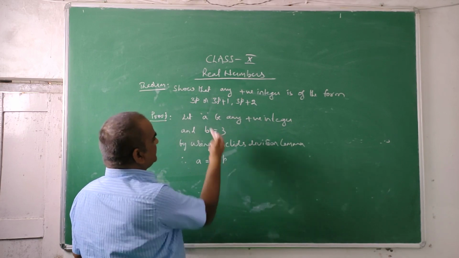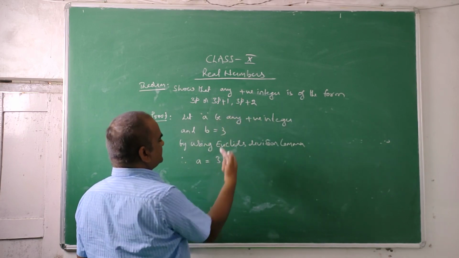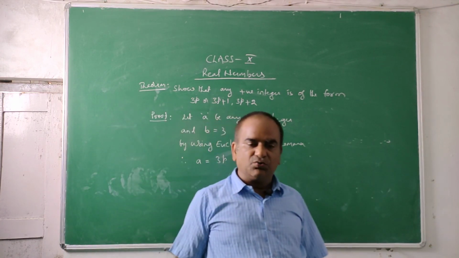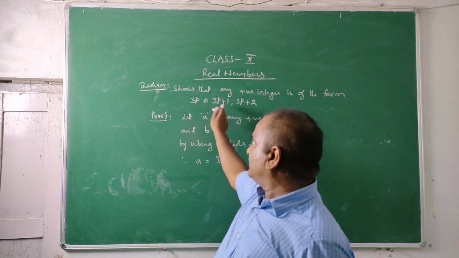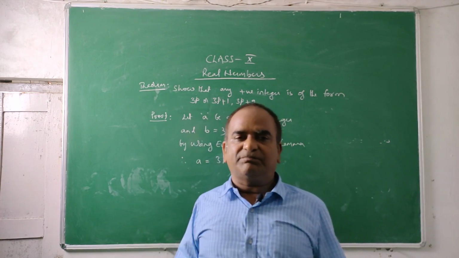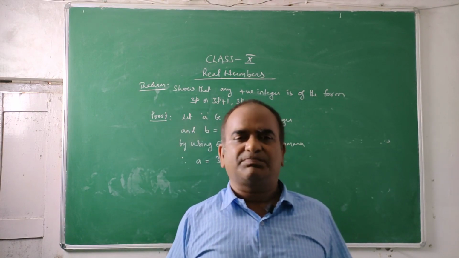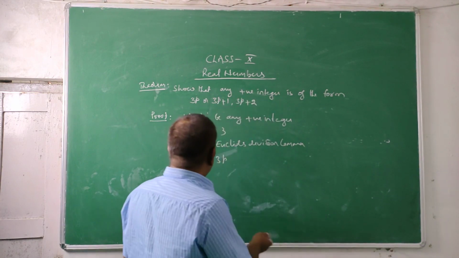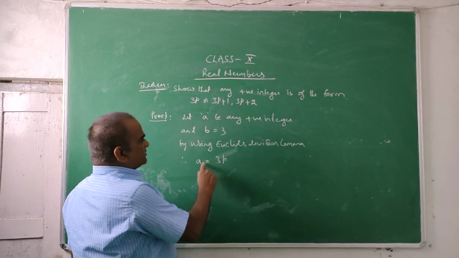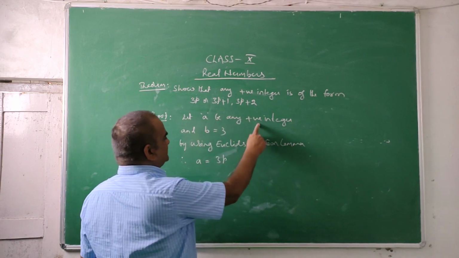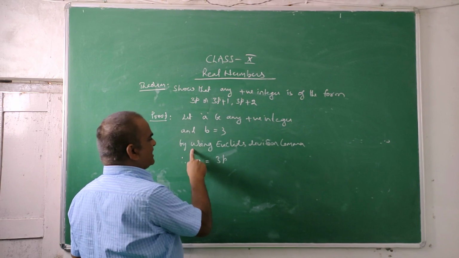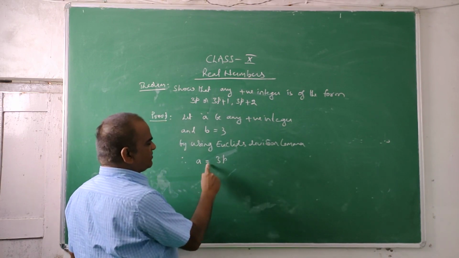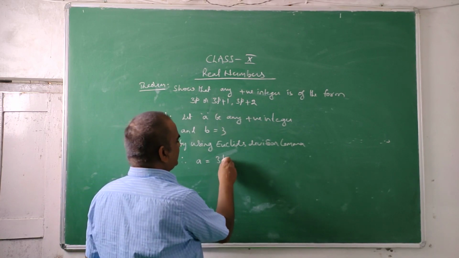Here he is using p, so we can use p here. In Euclid's division lemma we have used q. As he is using p, you can use p. So changing the letter has no problem. So we are taking a is any positive integer and b is equal to 3. Then by applying Euclid's division lemma, just now we have discussed, you get a is equal to 3 into p plus r,